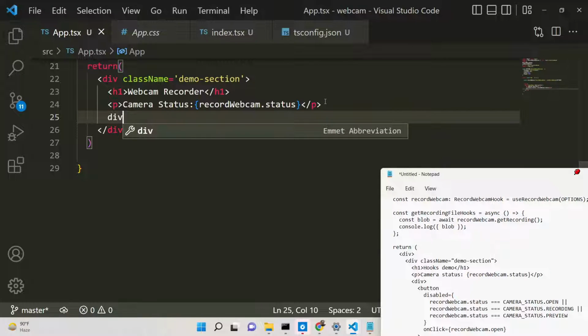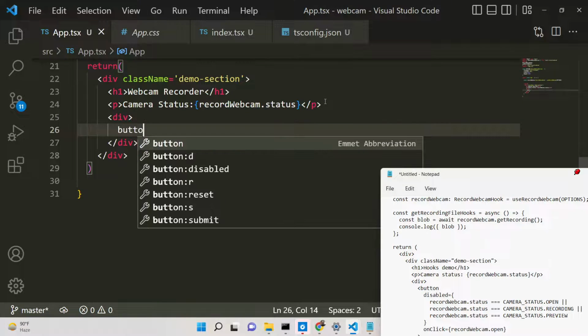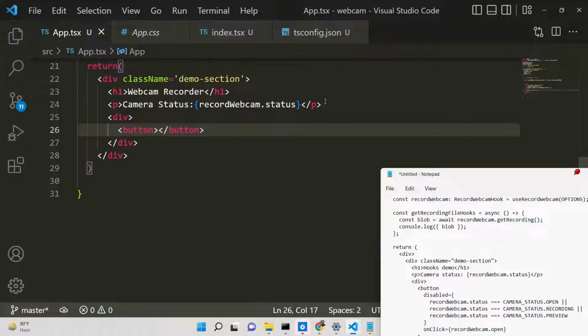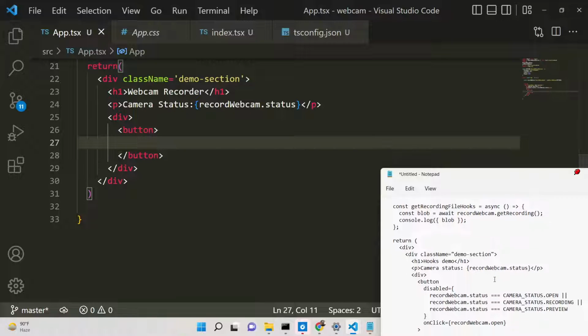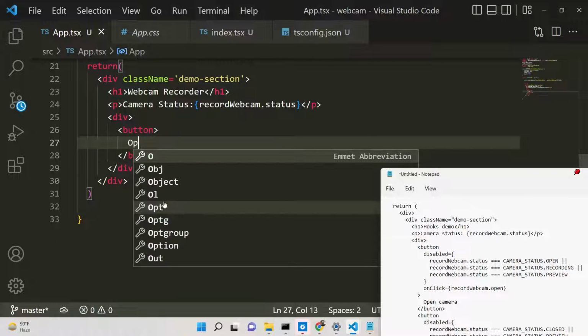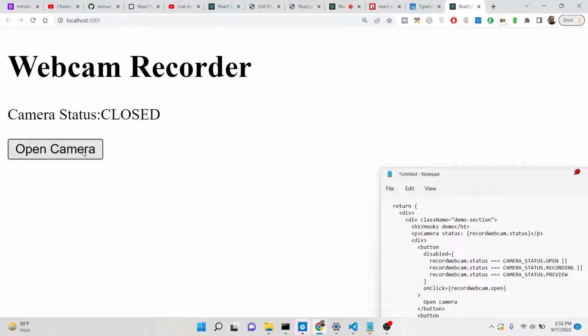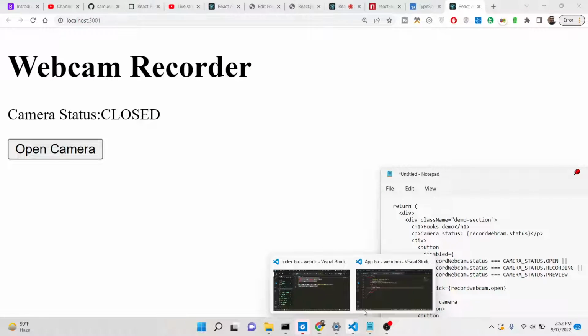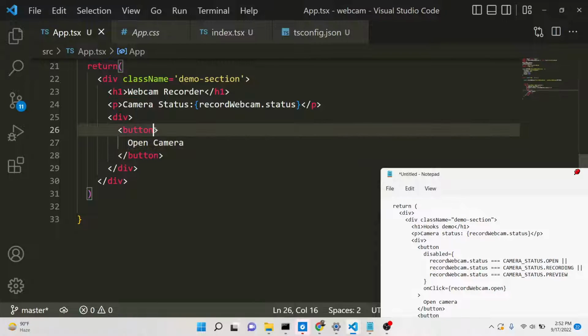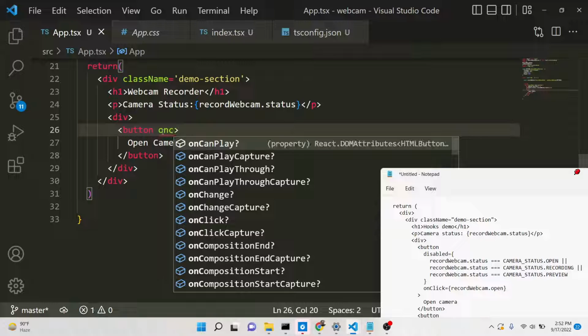And after this we will have a div. Inside this we will have a button. Basically this button, guys, will have a text called open camera. So if you see this, we have this open camera button here. When we click this, we need to allow the permission. So basically we will be binding an onClick to it. So when we click this button,